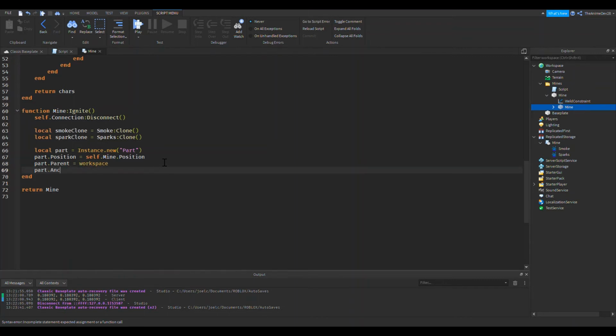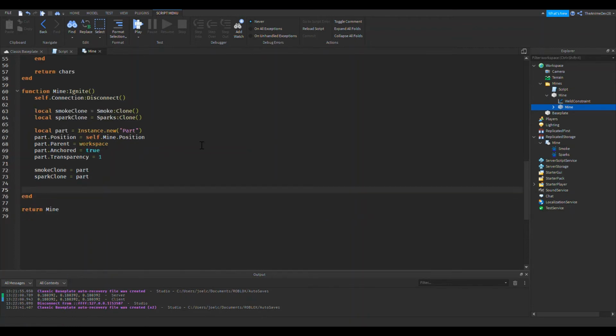We're going to make sure the part's anchored. And we're going to have the part be totally invisible, transparency of 1. And then finally we could just parent these smoke clones to the part. Spark clone equals part. And these are just visual effects, guys. Keep that in mind. VFX, that's all it is.